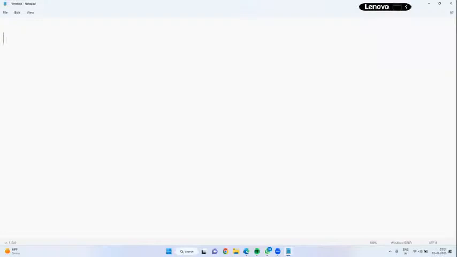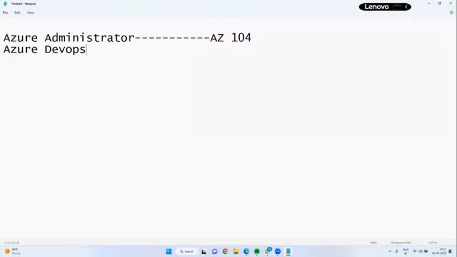The main ones I can suggest: the administrator certification paper is AZ104. Next, Azure DevOps. The Azure DevOps certification paper is AZ400.